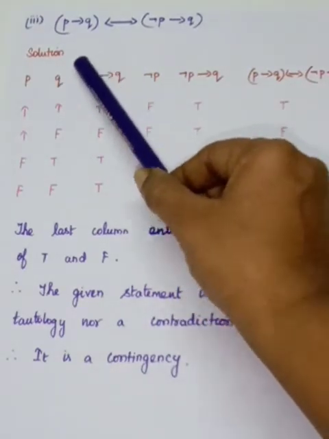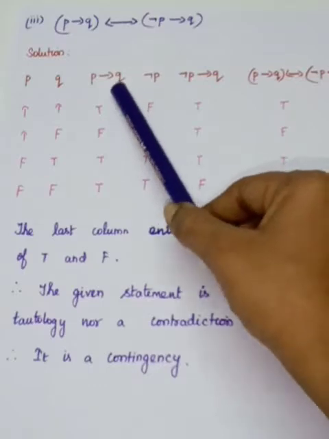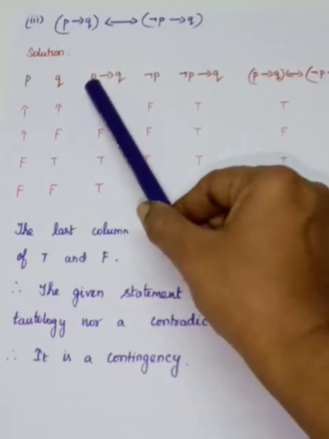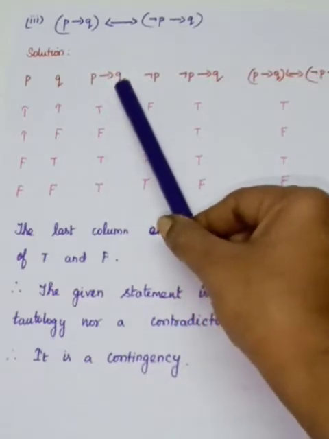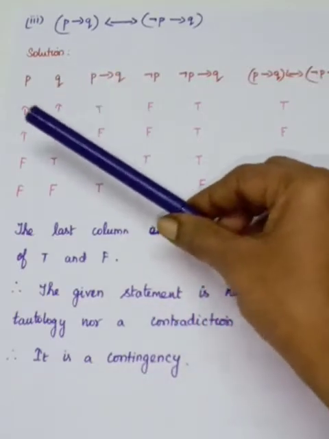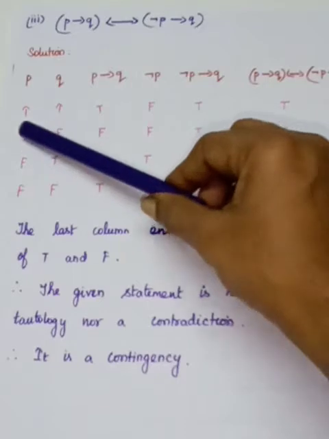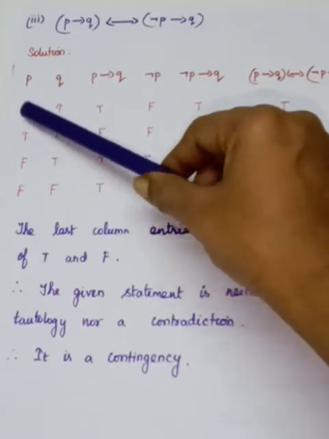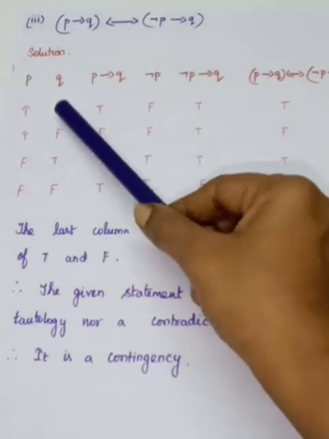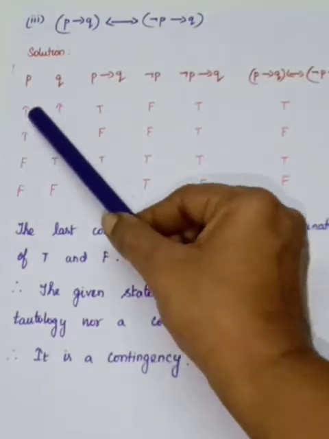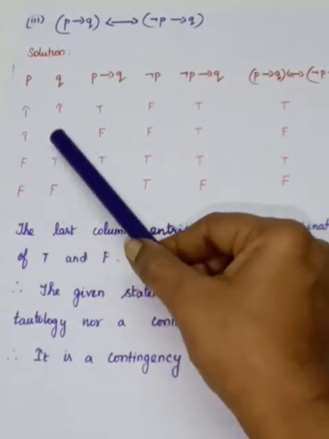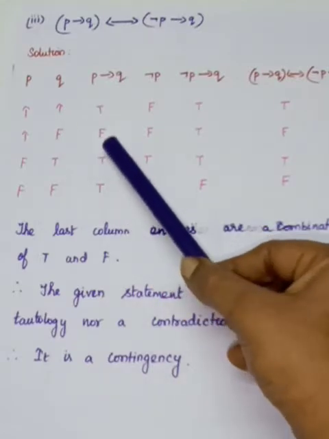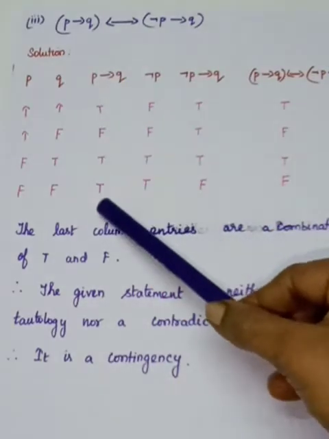P implies Q, it's a conditional statement. You have to see only one condition: P is T and Q is F. Okay, P, T. So here, these 2 rows, you will have T. So the second Q, how it should be? It should be F. So in the second row only, you will have this condition. If you have T and F, you have to write F. The other results, you have to write T.